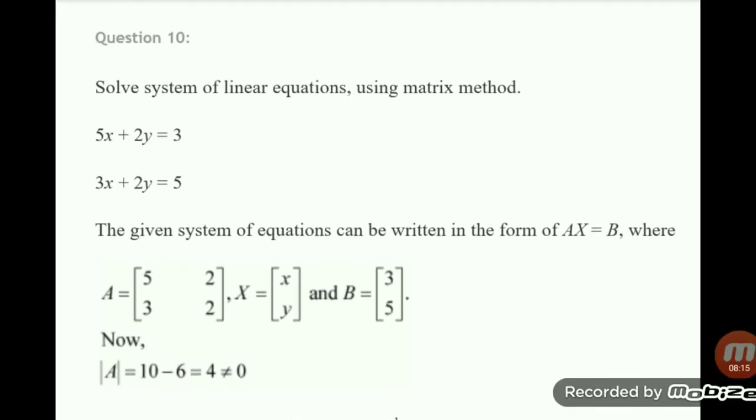Question number 10 is also a 2 by 2 matrix we can form. So I just show you the calculation. You see this is the matrix, put it in the standard form. After that, we got your X, A and B.